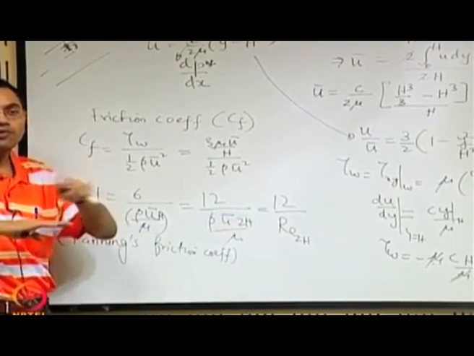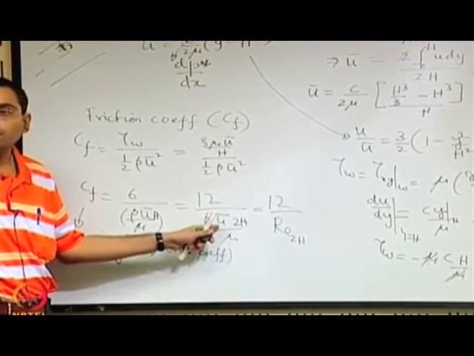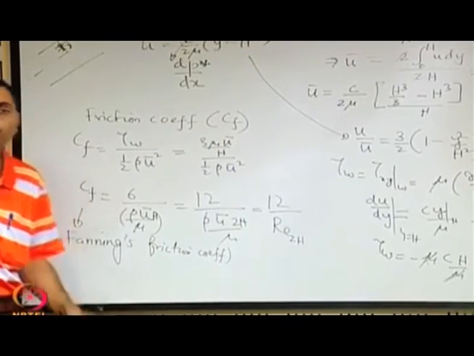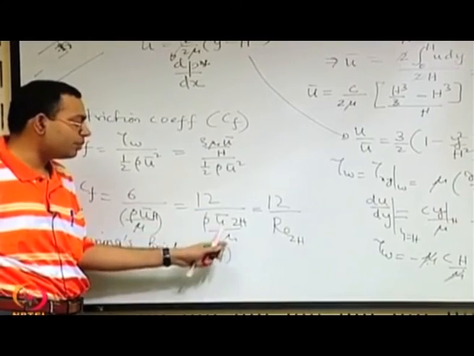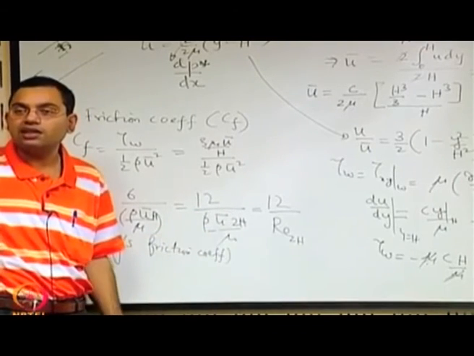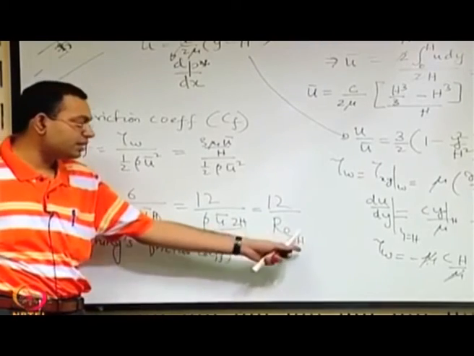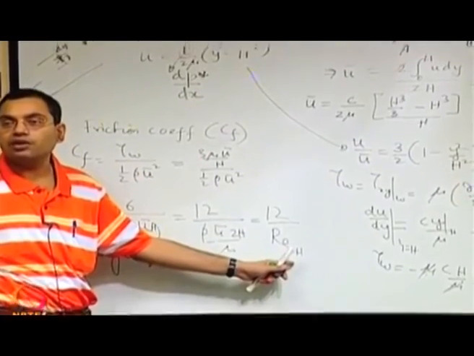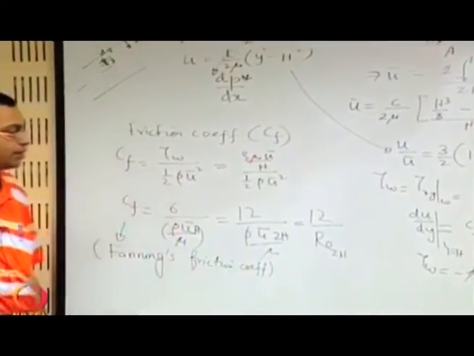See, for a flow taking place internally, the velocity that you take in the Reynolds number is the average velocity, because otherwise velocity varies over the section. So you have to take some reference. The reference is the average velocity, rho and mu are properties, and the length scale is the characteristic length of the system, which is 2H, or even you may write it in terms of H, but then you have to clearly specify what length scale you are taking for the Reynolds number. Usually 2H is taken as the length scale.